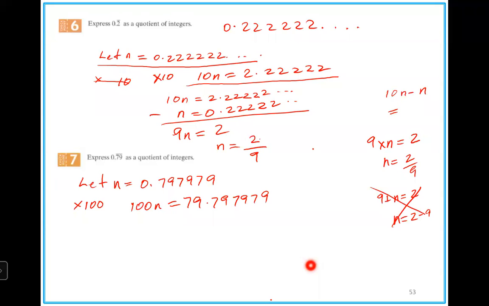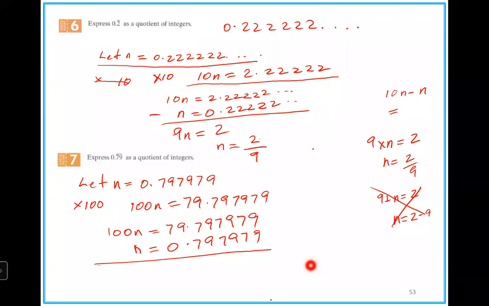Subtract. So you're going to say 100n equals 79.797979 minus n equals 0.797979. So when you subtract here, you're going to get